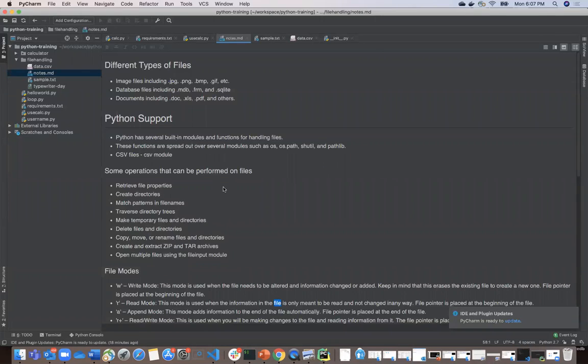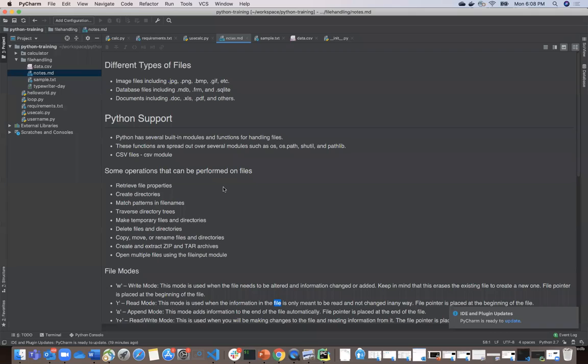So you want to list all the subdirectories, you want to make temporary files and directories, you want to delete these files and directories, you want to copy files from one place to another. Sometimes you want to make a zip file, you want to tar and untar, right? And you want to open multiple files, and at the same time do some kind of data entry into that particular file using automation.